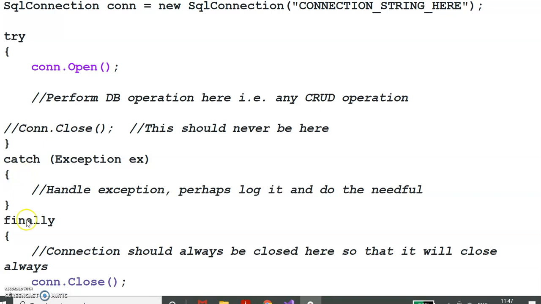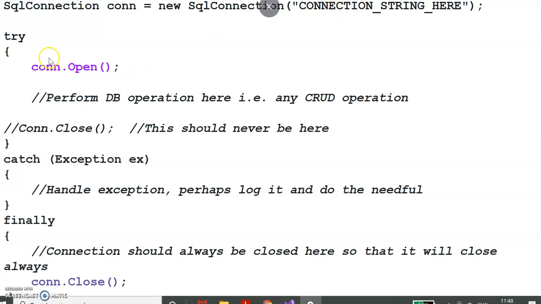So in the try statement, write the open on the object of this SQL connection con, which has the connection string. Connection string means the data containing information about the database and data source, where and in which way you want to connect. So data source and database information is present in the connection string.